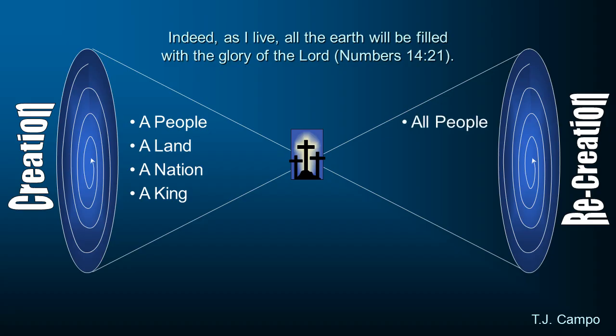But not yet. And when we get to the New Testament, the promise is extended not to just a people, but to all people. All people can come and be a part of that. They can sort of join up with the God of Israel and with the people of Israel. And it's not just all people. Remember what Jesus says, go into all the world and make disciples of all the nations. So the world and all the nations. And it is not just a king. Jesus is the king. He is the fulfillment. He is the ultimate king who's going to be king of all the universe.